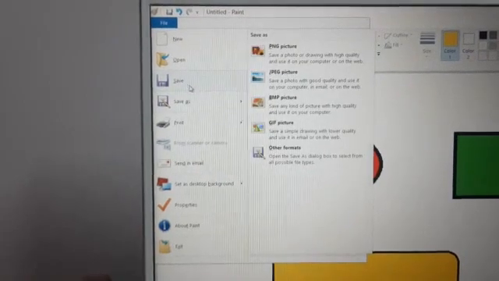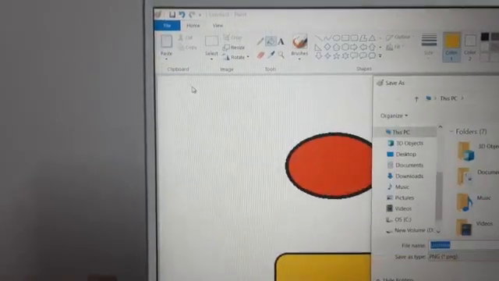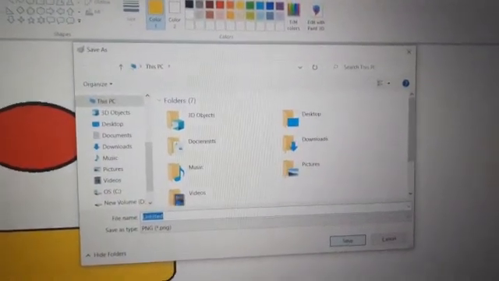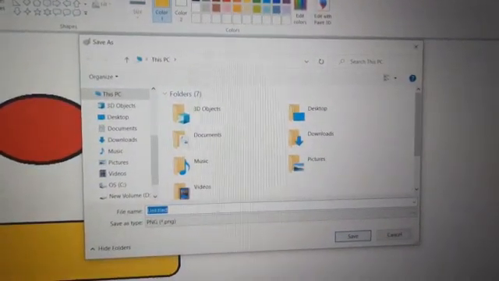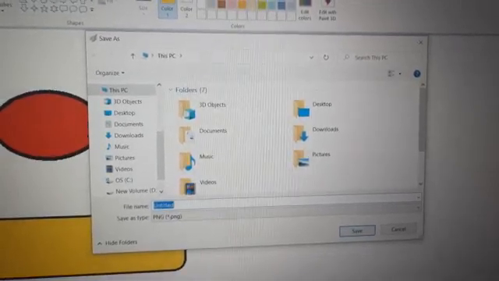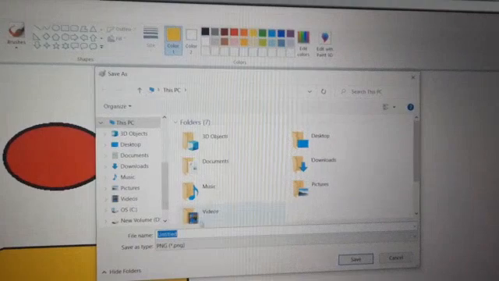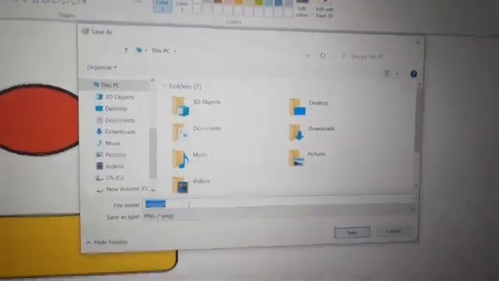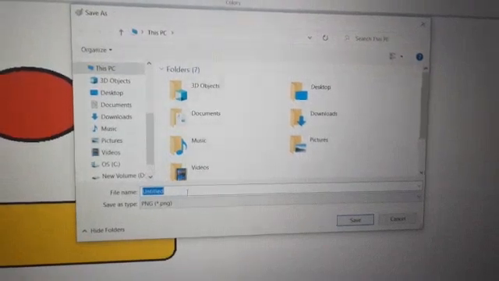When I click on this save option button, see, save as dialog box appeared. Alright, the third step is we will give the name here. In file name, we will give the name to our drawing.